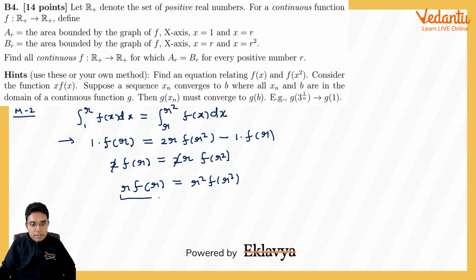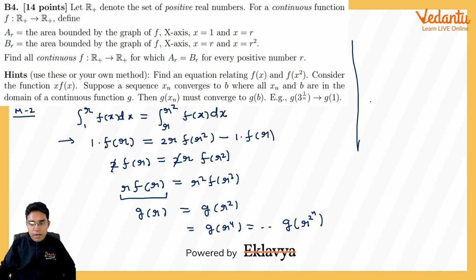Let us call this some g of r. Okay, and this will become g of r square. Now if we keep doing this, we will get g of r power 4 and so on. In the end it will be g of r power 2 power n if I do it n times. Okay, in fact if I write r power 2 power n as y,